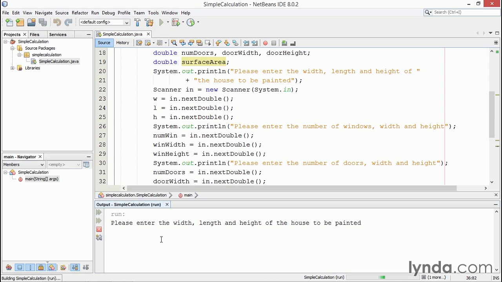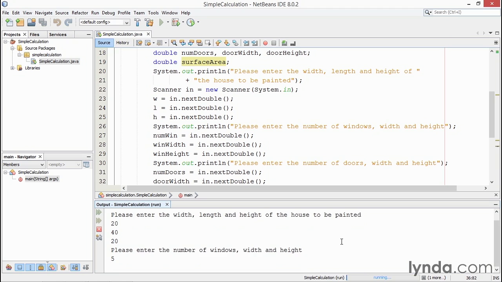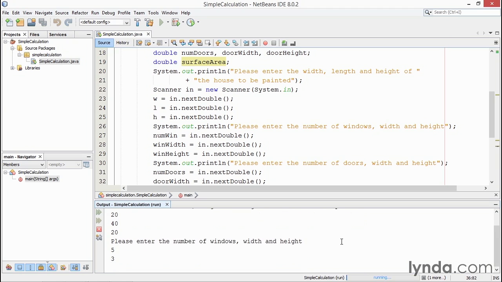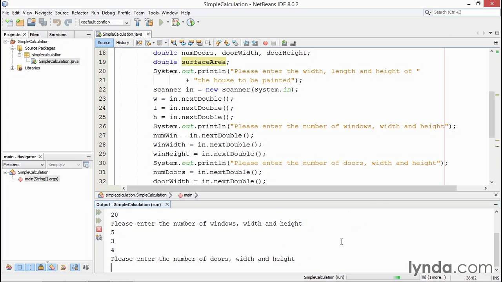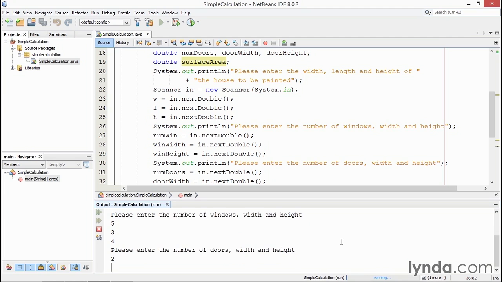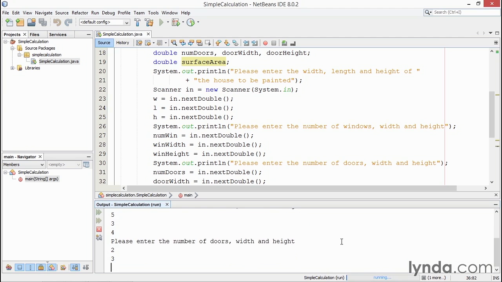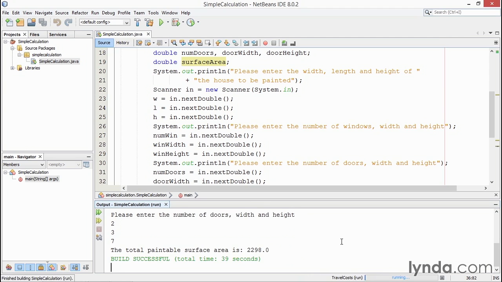Okay, we want to enter the width, the length, and the height of our house. So if our house has a width of 20 feet, and it has a length of 40 feet and a height of 20 feet. Now I need to provide it with the number of windows. So let's say we have 5 windows, and each window is 3 feet wide by 4 feet high. And finally, I need to tell it how many doors. We're just going to have a front and back door. So we'll do 2 doors, and the doors are 3 feet wide, and let's make them 7 feet tall. The total paintable surface area is